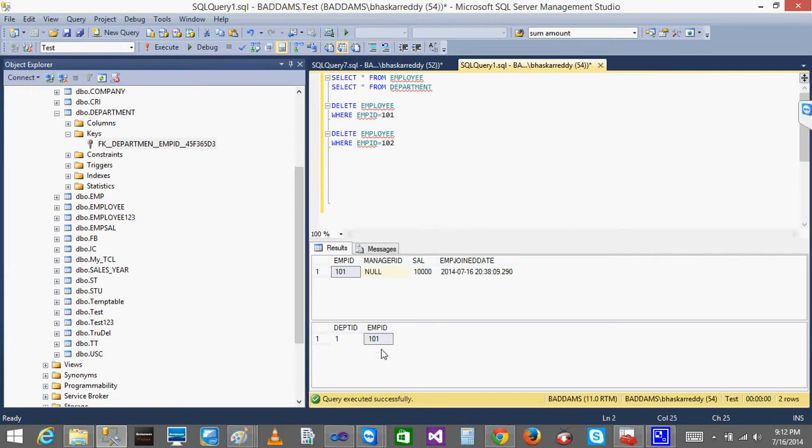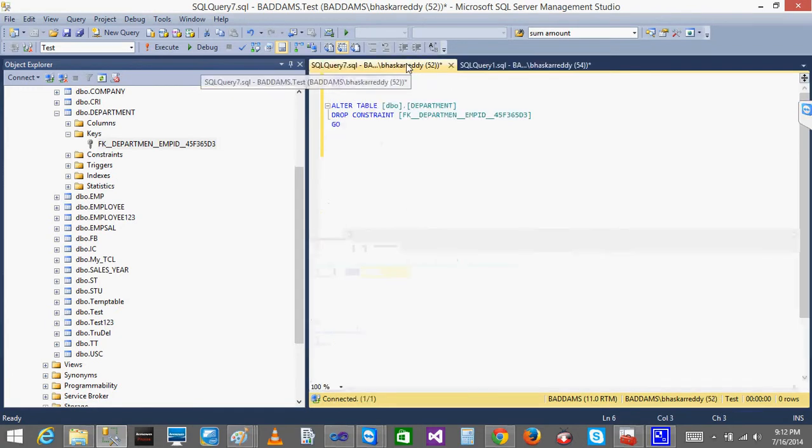I'll modify the foreign key constraint in the department table such that if he updates the employee ID, it is automatically updated, and if he deletes the employee ID, it is also deleted. For this, you can't directly alter the existing foreign key.